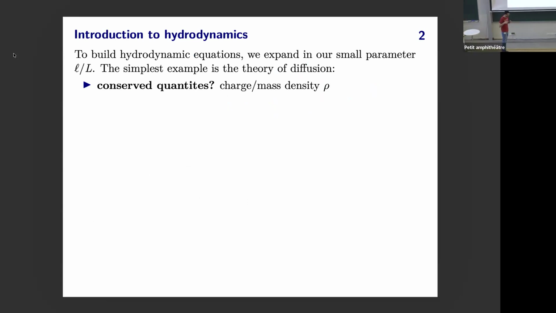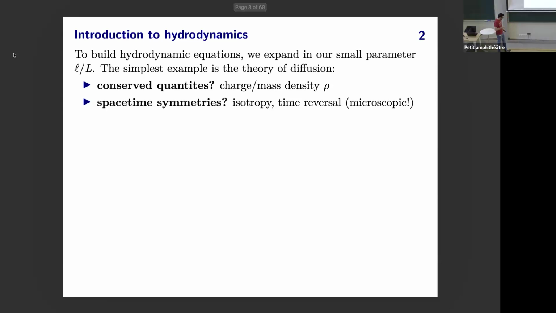Now, one can bring to this problem all the modern technology that we have for effective field theories, but for the purposes of this talk, it's easier to proceed the way Landau would have about 100 years ago. So the philosophy goes like this. We've already observed, or at least asserted to you, that on long length scales compared to the mean free path, there may be an emergent collective description of the system in terms of a few degrees of freedom. Let's suppose for the moment that we really had only one conserved quantity, like a charge or a mass density.